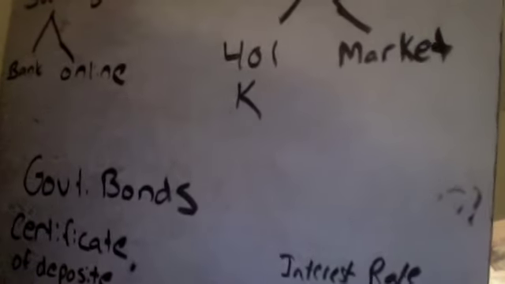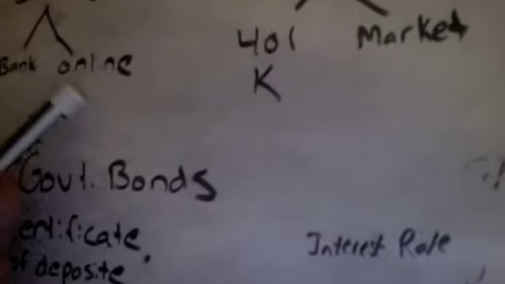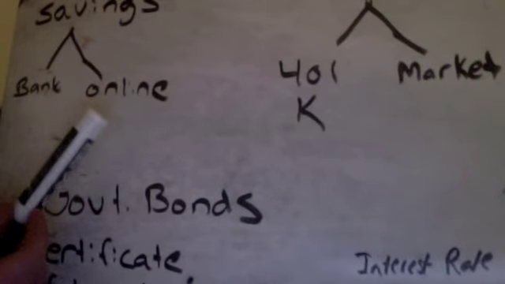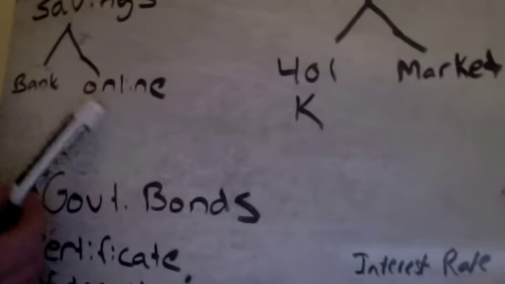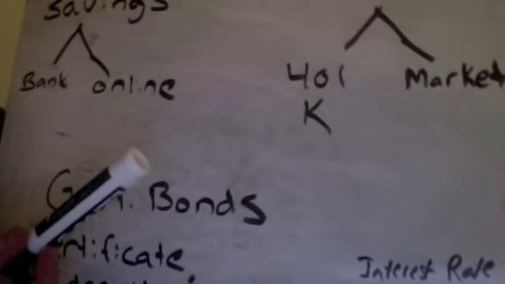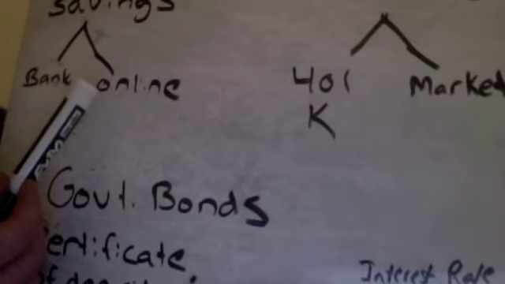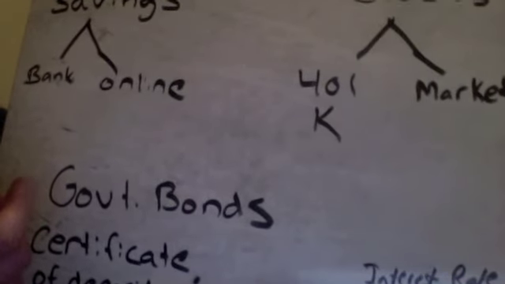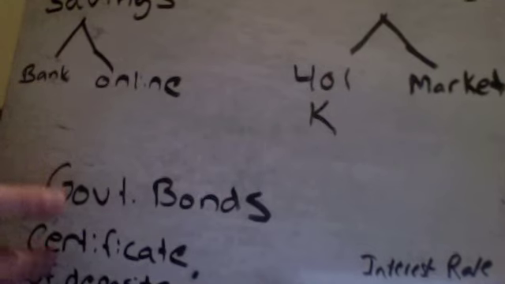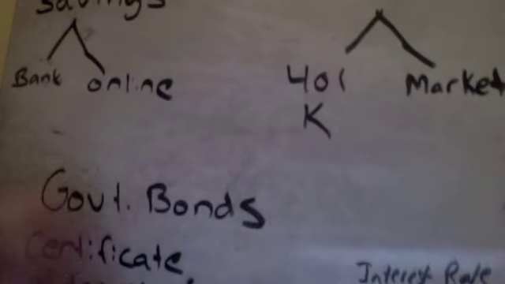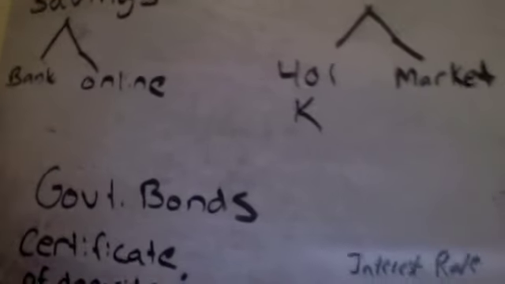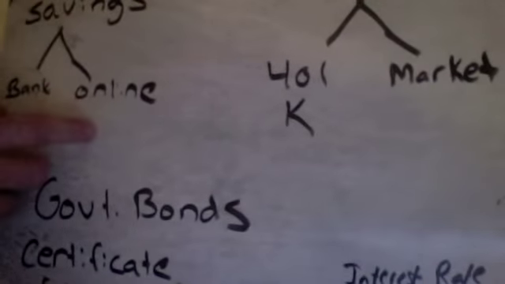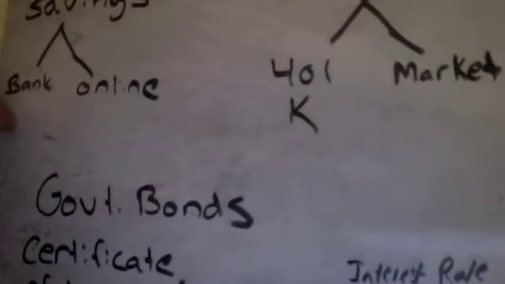The last thing I'll point out about these savings accounts as far as bank and online. Online will usually have a higher interest rate, meaning you can make more money online. The reason they can do that is most online places don't have as many actual banks, meaning they don't have to keep an actual bank open, which saves the bank money. And when the bank can save money, they don't have to hire as many workers. They can pass that savings on to you. So your interest rate, the money you make, is going to be more than in a regular bank.